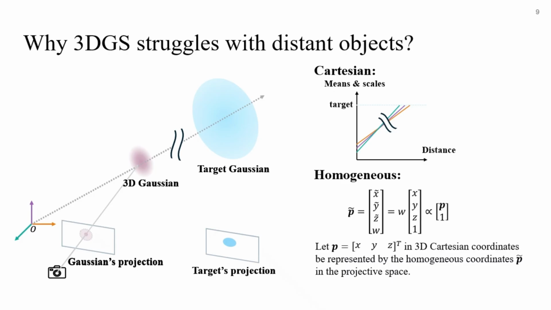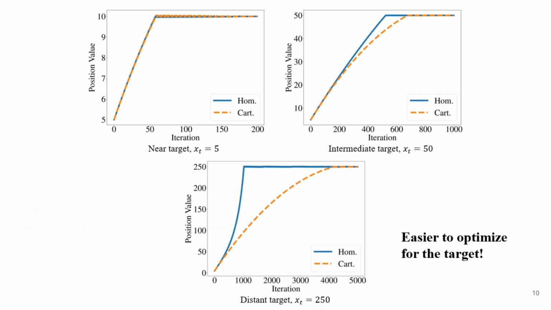Although not necessarily related to the distance, the scaling by the weight W in homogeneous coordinates accounts for depth, ensuring further points appear smaller and respecting the real-world perspective. It can also naturally represent the vanishing points and lines in perspective views, which is a fundamental concept in projective geometry. Here's a toy experiment demonstrating homogeneous coordinates' effectiveness by comparing the convergence behaviors to various targets in a 1D